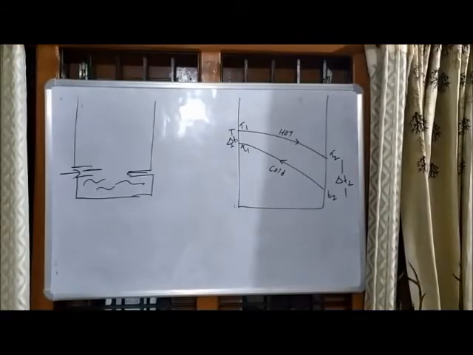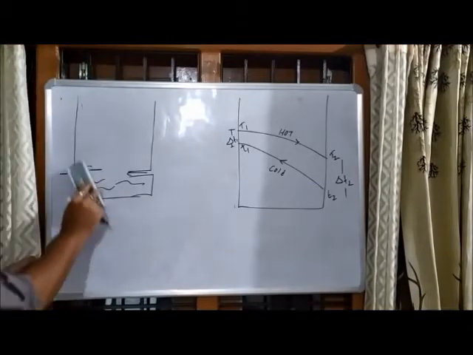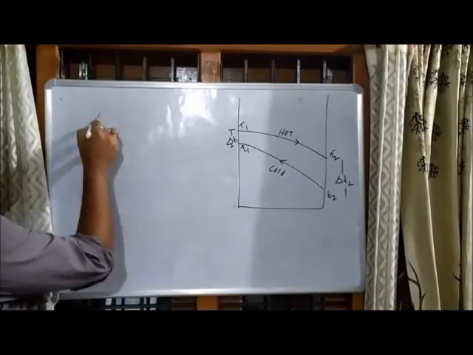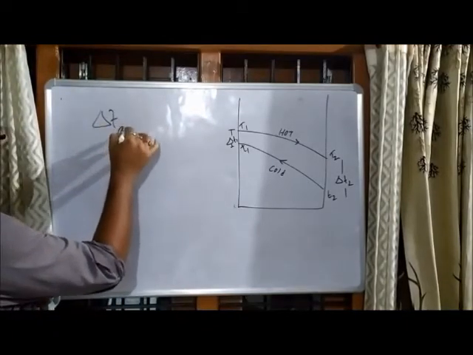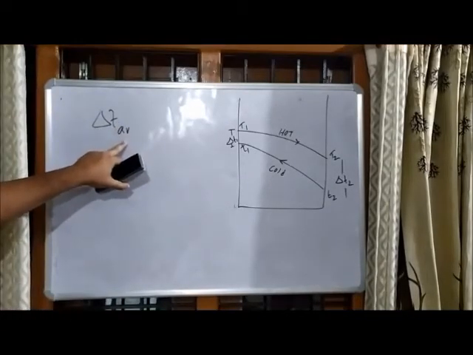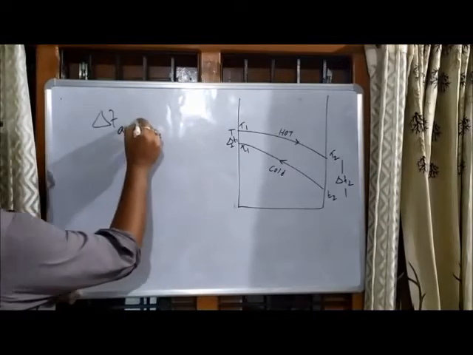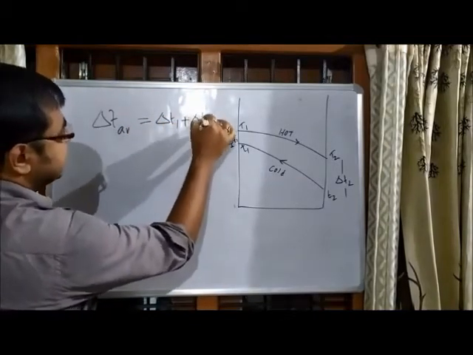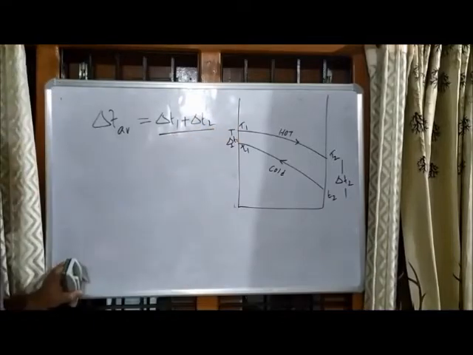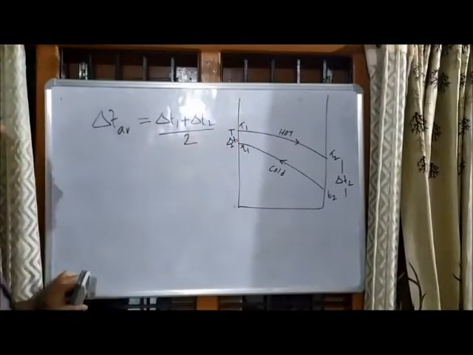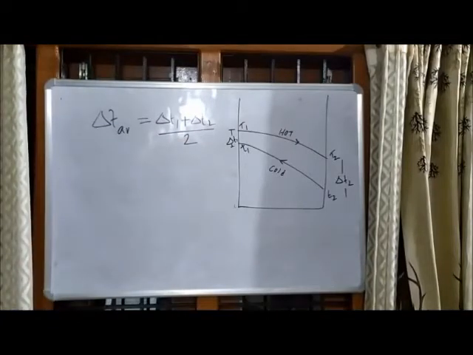we will consider the average. So the average delta T, that is the average temperature difference, delta T AV, where AV means average. The average delta T AV can be written, in this process, as delta T1 plus delta T2 divided by simply 2. Done. So this is the average transfer of heat in this process.